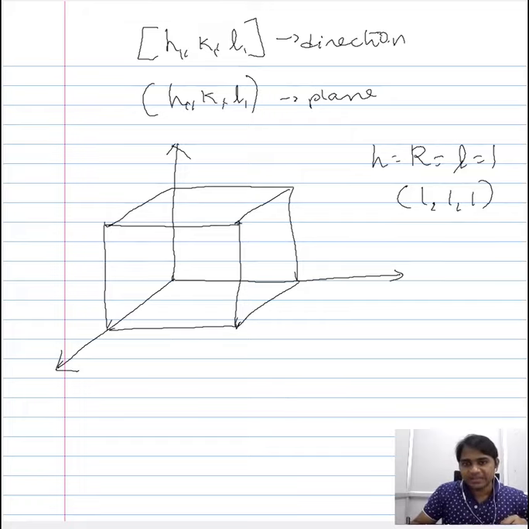So from these Miller integers you can then try to plot the plane within the unit cell. If you could recollect, in order to represent a plane within the unit cell, we first consider the intercept and take the reciprocal of it and then factorize it. Now it shows that when all these Miller integers are equal, then it means that the intercepts that the plane makes within the unit cell are equal. So along all these three axes, x, y and z, the intercept the plane makes along the x axis, y axis and the z axis individually.